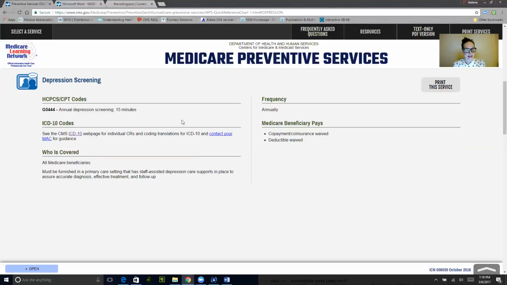We can see that it's covered. All Medicare beneficiaries can get a depression screening. And you might get a depression screening even if you're not on Medicare. You know those questions that your provider asks you at your well visit, those strange questions. If you answered yes to are you depressed, or how often would you consider yourself depressed? If you answer a certain way to any of those questions, then you might qualify for a depression screening. But as far as Medicare goes,